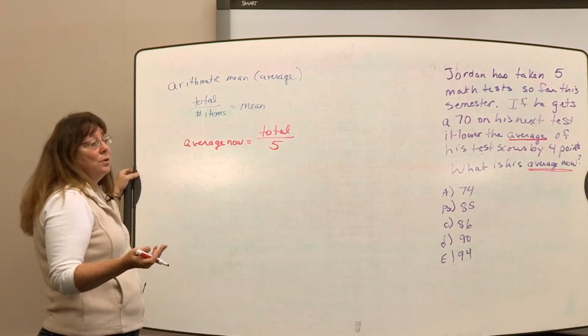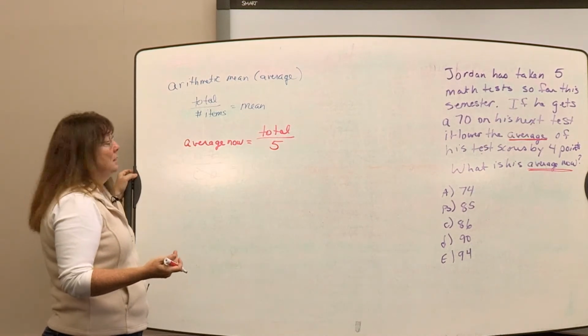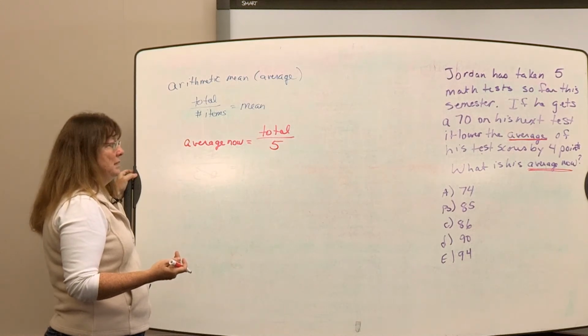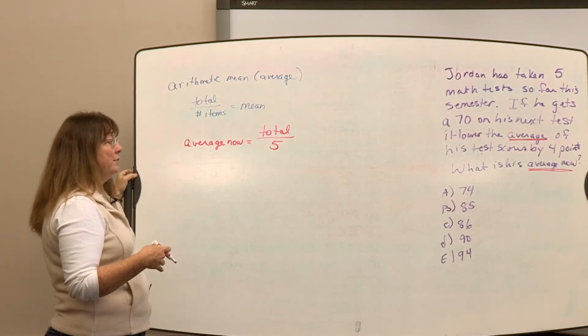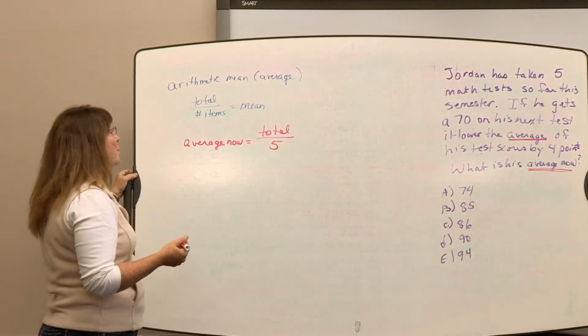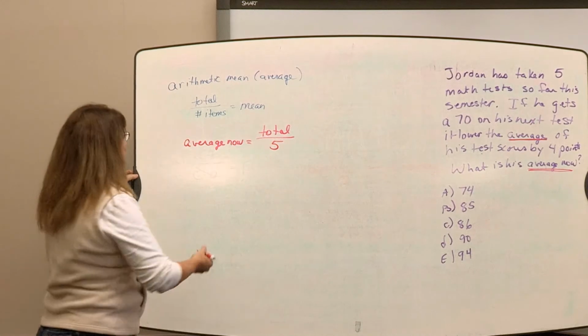Now there's also what's going to happen when he takes the next test. So they say that if he gets a 70 on his next test, it's going to lower his average by 4 points. So once I look at what could happen after the next test,